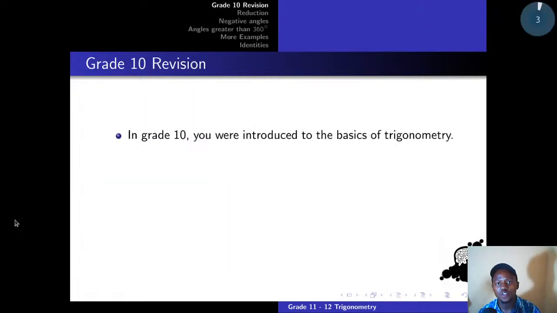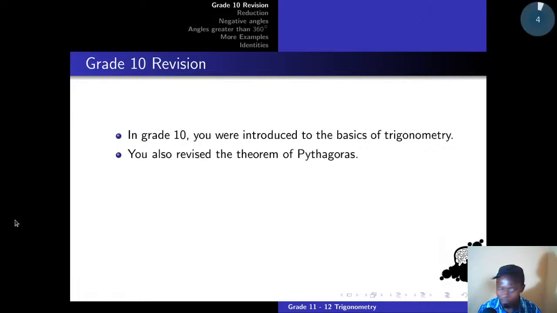Now, in grade 10, you were introduced to the very basics of trigonometry. In fact, when broken up, the word trigonometry basically refers to working with the shapes with three sides. So we're looking at triangles here. In other words, we are saying that most shapes in nature can be broken down into triangles, which can then be solved using the basics of trigonometry. Now, in grade 10,